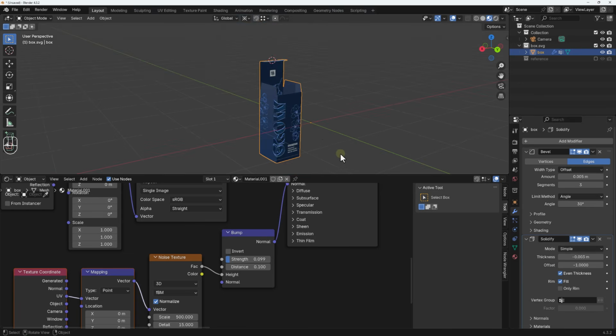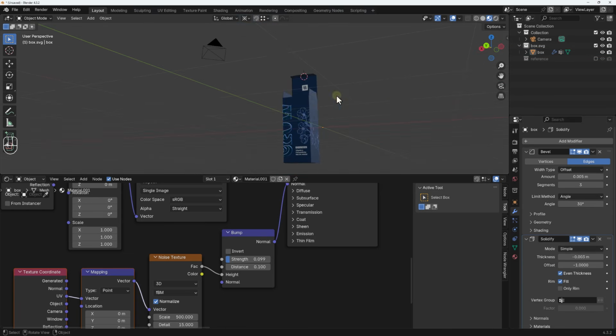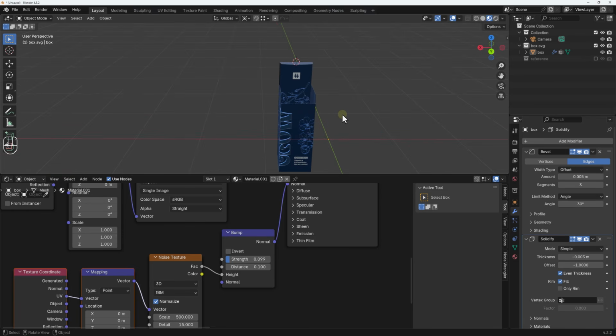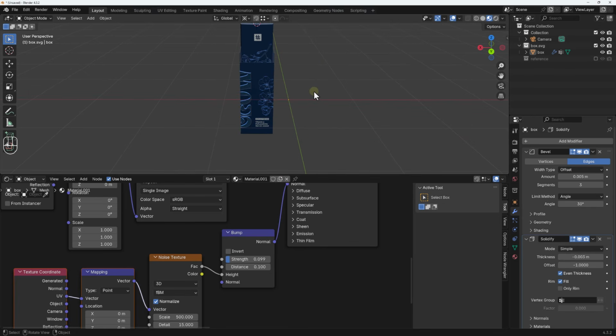Yeah, so that's it. Basically that's it for our box. It's looking nice and beautiful. Next, let's see how we can do a final render, and everything is cool. So to do a final render, I'm going to close the box and then I'll do my render. But in case you want to leave your box open, let's go to